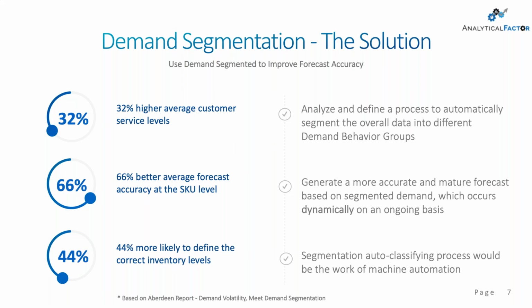The solution that we have, and I'm going to show you also in the demo, is that we extend the Oracle segmentation capability by giving you the flexibility to define dynamic segmentation, or segmentation based on more sophisticated algorithms that can run every month. So basically, we can segment the overall combinations of demand into 3 or 4 segments based on your needs. And the important thing is that we can refresh the segmentation on an ongoing basis.